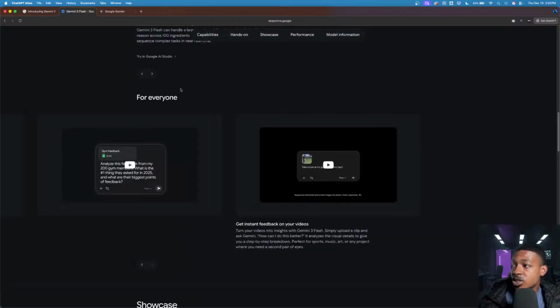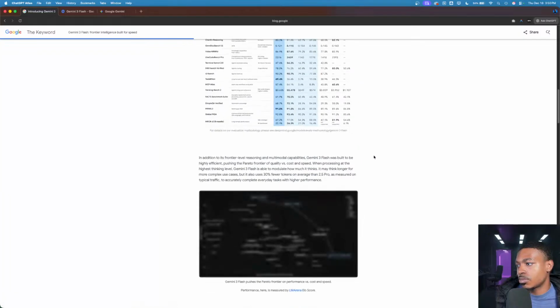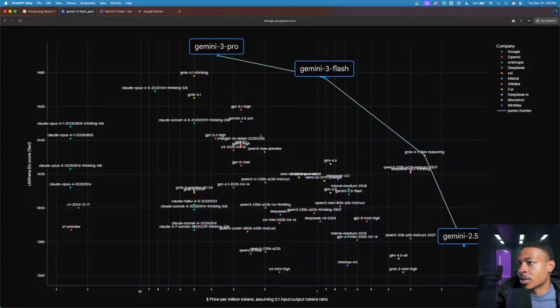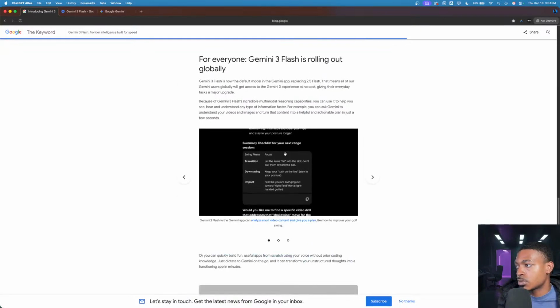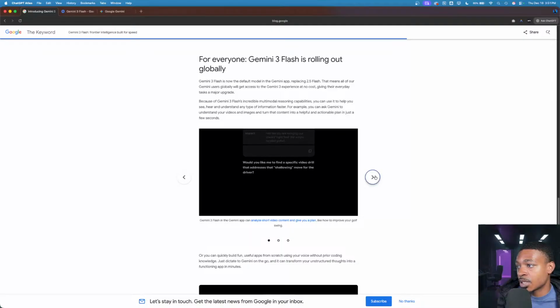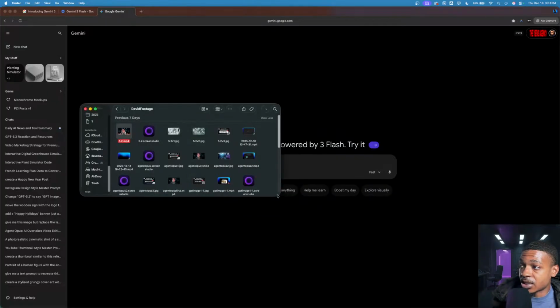Now we're gonna try one of the other ones, and I did see this page. I don't know if it actually shows anything different. Okay, price per million tokens. Yeah. Okay, that's cool. For everyone, Flash is rolling out globally. Analyze short video content and give you a plan. So let's see this. I want to see if Flash